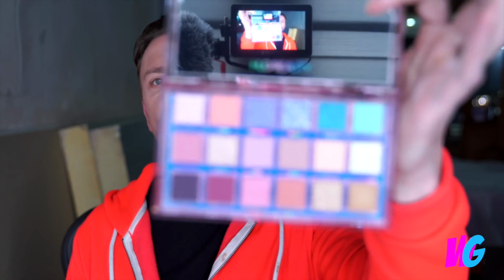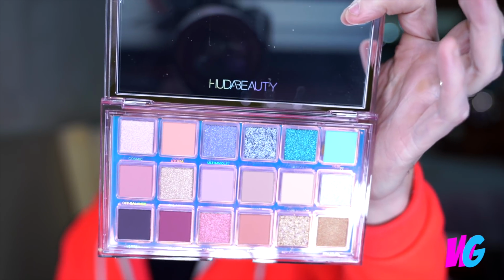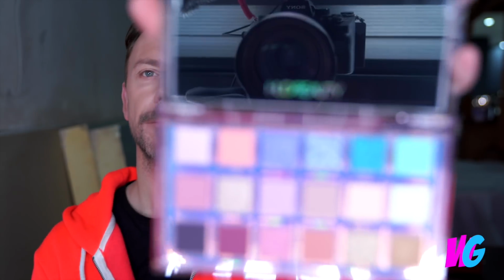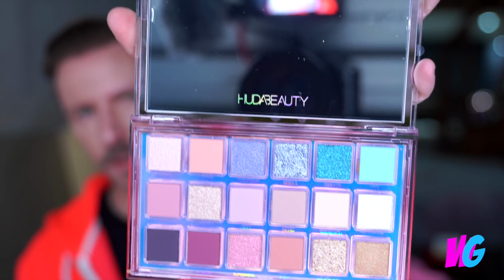Hey everyone, so today I'm going to be giving you thoughts and of course swatches of the new Huda palette. This is Mercury Retrograde, and I thought it would be nice to swatch them. Most of the swatches will be done with a pencil, with a brush, but some of them will be done with a finger due to the nature of the celestial kind of effect that you get. Now, as you can see, this is a very pastel palette. Very pastel. So if you're not into pastels, obviously this isn't going to appeal to you, but it's actually quite